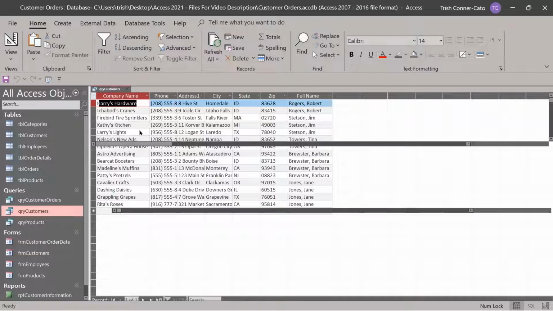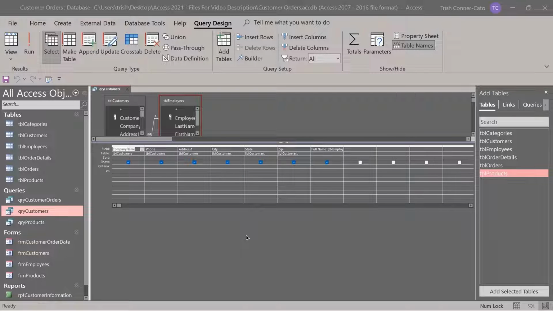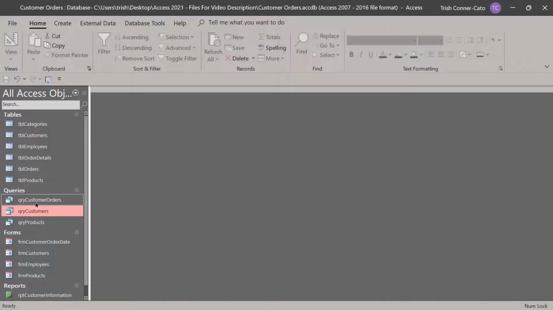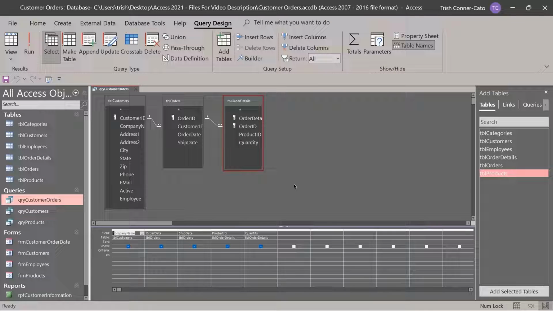And you can go back to design view, save your query. We're going to modify the query we created earlier where we tested out our join types. We're going to add more fields to the query, and then we're going to end up creating 2 calculated fields in the query. So we can go ahead and close this customers query and open your customer orders query in design view. And the first thing we want to do is add some fields to the query